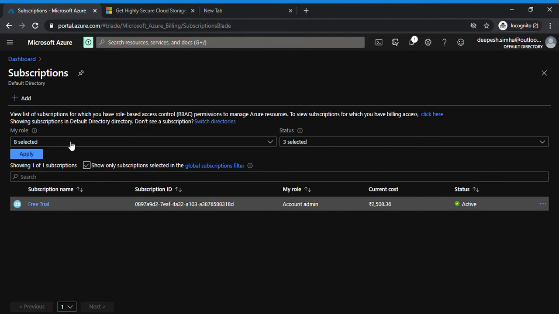What you can do is create different subscriptions and maintain each environment separately, and you can keep cost and billing separate for each individual subscription. So what I'm trying to say is you can manage it however you want. You can create multiple subscriptions, not only a single one, right?